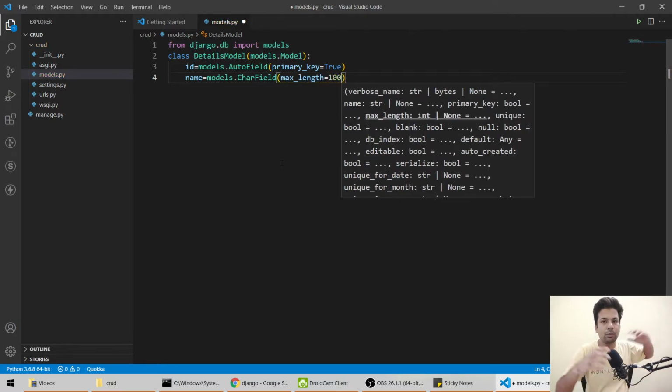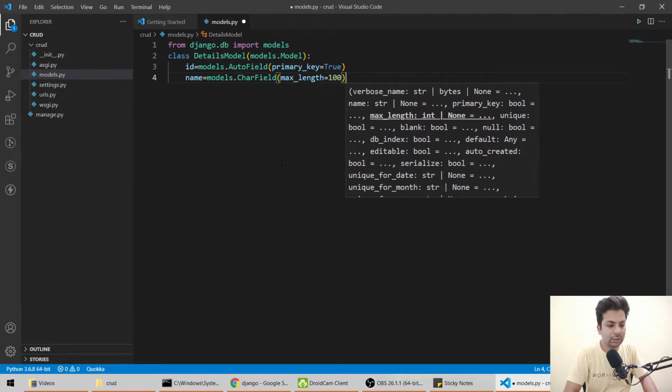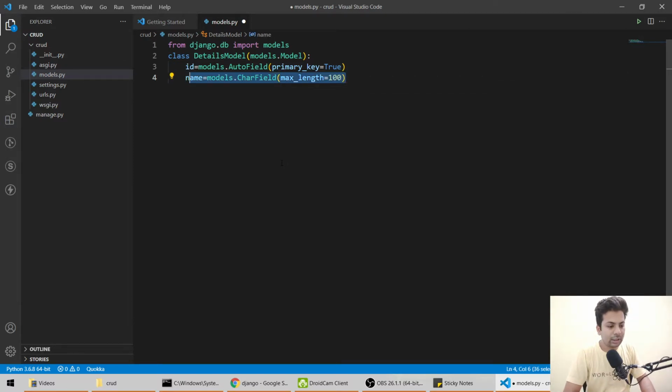Max length means the maximum length you want. Now we'll copy it for age, city, country.